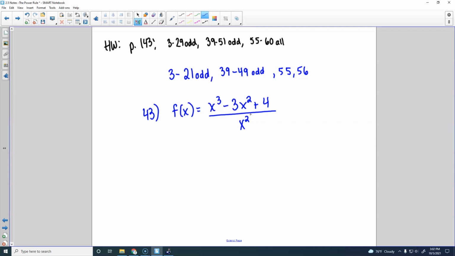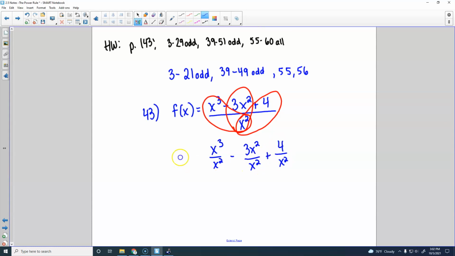this x squared that's in the bottom, there's a couple ways you can think about dealing with it. There is a quotient rule that we can use, but we don't know that yet. Plus, it wouldn't be the easiest way. So, we can do what I sometimes call the love connection. This is a triple love connection. We could divide all these things by x squared. So, x to the third divided by x squared minus 3x squared divided by x squared plus 4 divided by